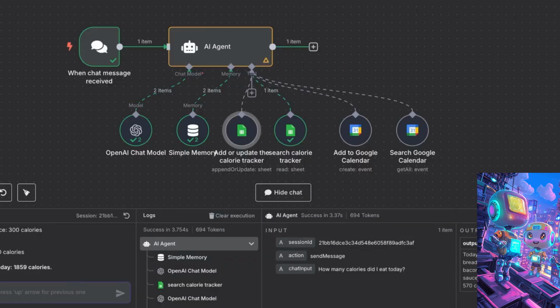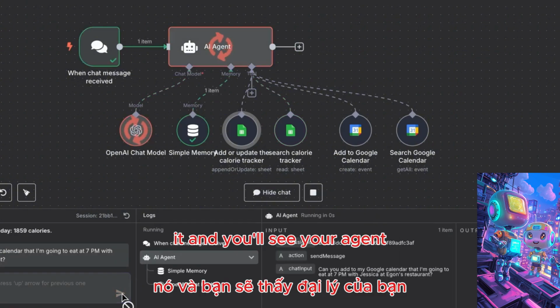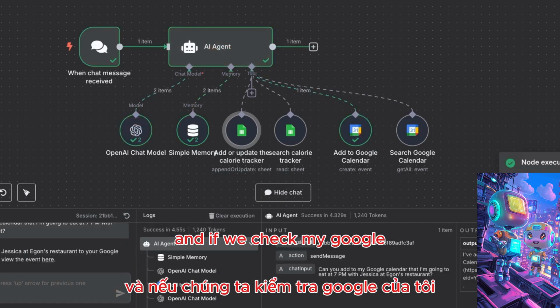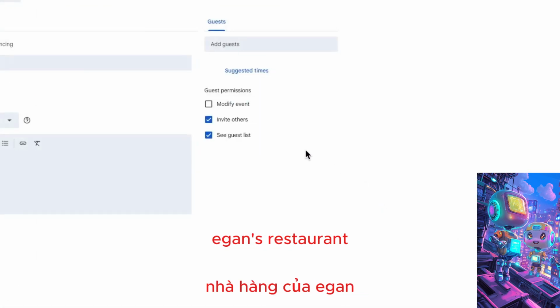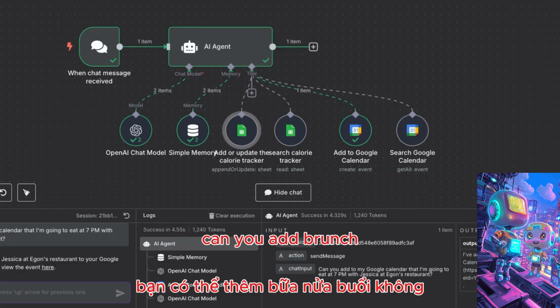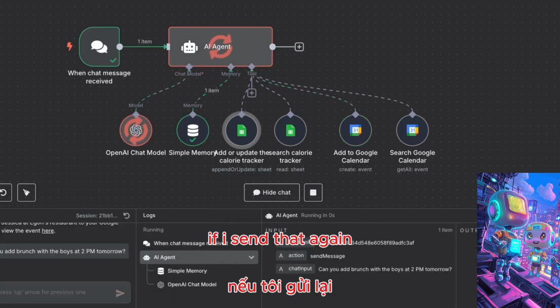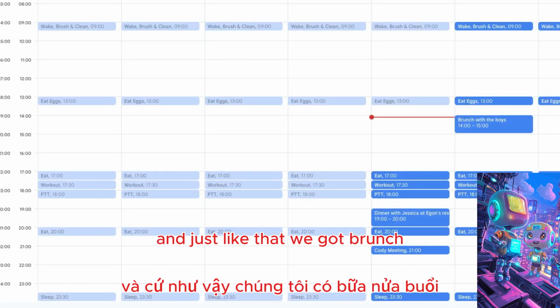If I say, can you add to my Google Calendar that I'm going to eat at 7 p.m. with Jessica, Egon's restaurant? We can send it and you'll see your agent add to Google Calendar. And if we check my Google Calendar, you see dinner with Jessica at Egon's restaurant right here. Can you add brunch with the boys at 2 p.m. tomorrow? If I send that, again, we're going to add to Google Calendar, and just like that, we got brunch